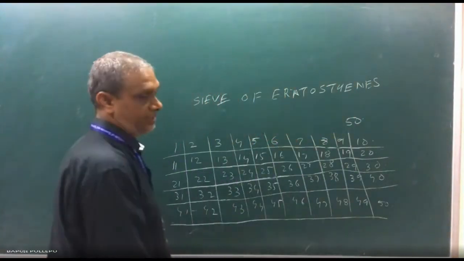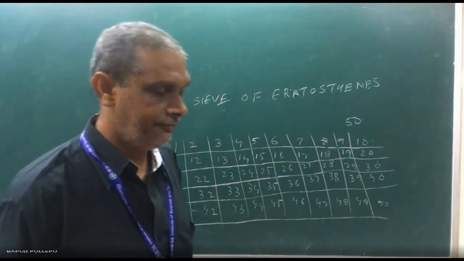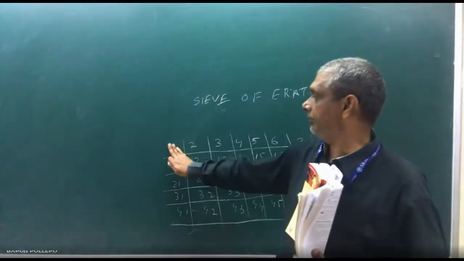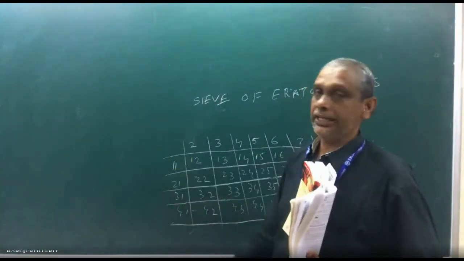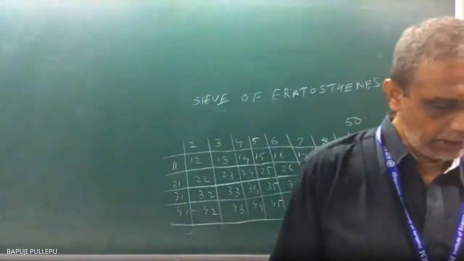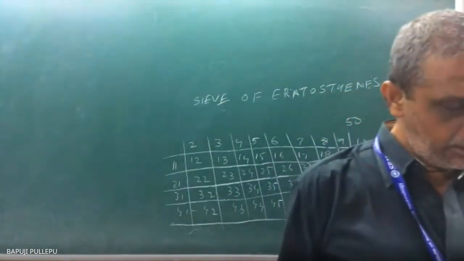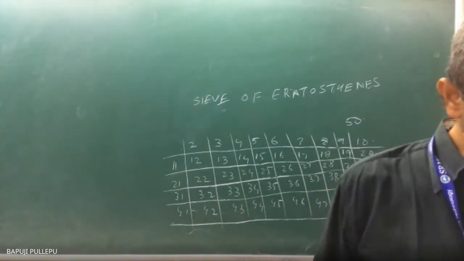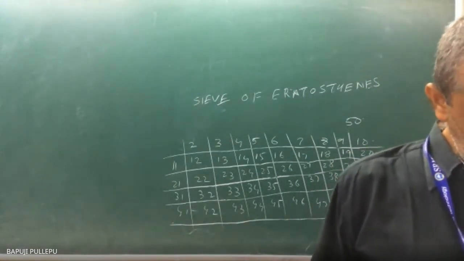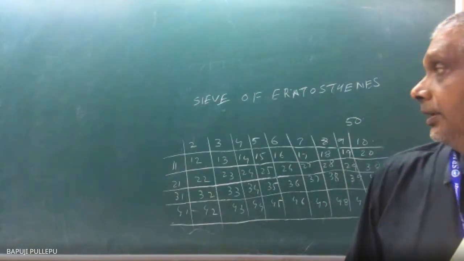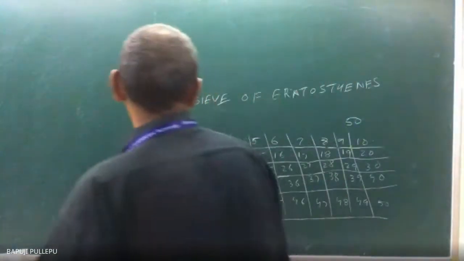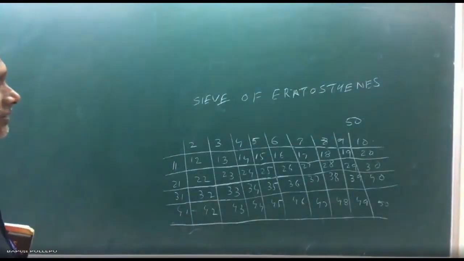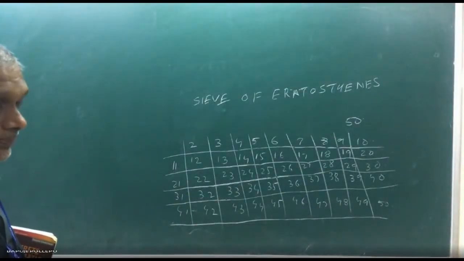Eratosthenes, what is he telling? First, state: actually, one we cannot write. One is neither prime nor composite. Now, all integers from 2 to 50, first we write in. The integers that are divisible by 2, other than 2, are deleted. Now, for divisibility by 2, what can we delete? Just write it out. How many numbers will we get? Tell me.